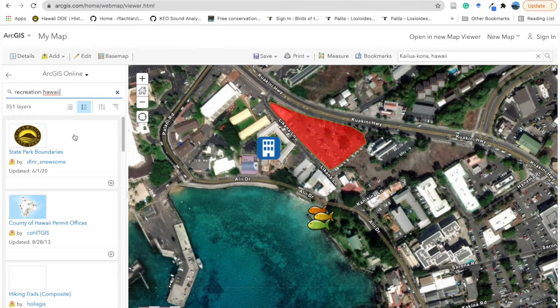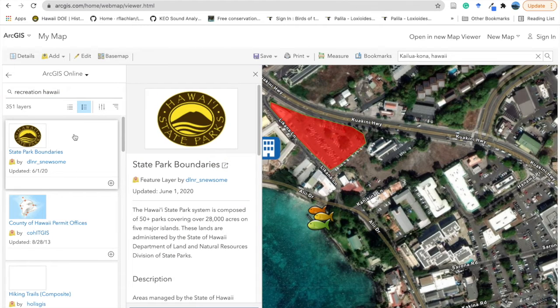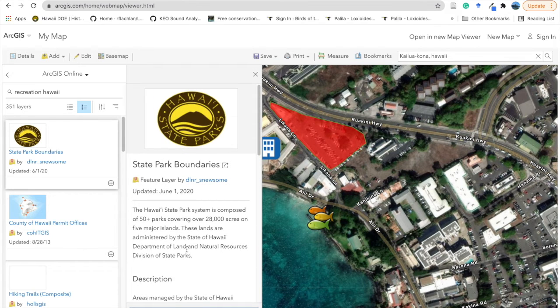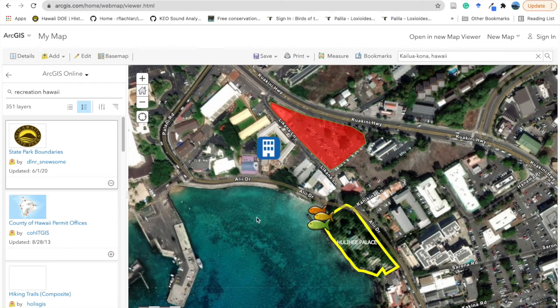So if you click on a layer, a description of that layer pops up. So this is giving me information for the 5 major islands. Okay, it looks pretty good. I'm going to go ahead and add this to my map. So I click on Add to Map at the bottom. So notice that there's some data that has been added to my map. If I don't like that, or I made a mistake, I can remove it from my map by clicking that button again. Cool. I'm going to go ahead and close this panel, X out of there,